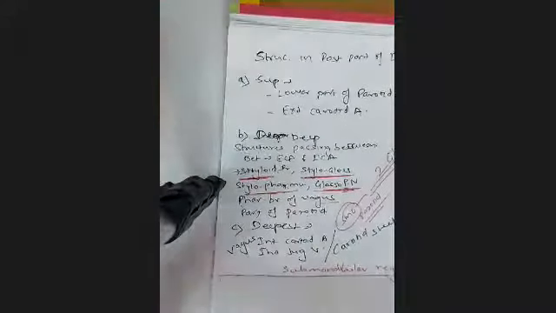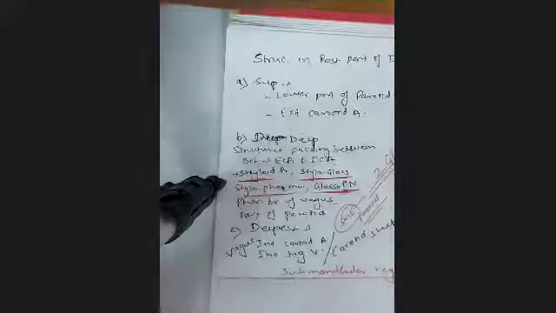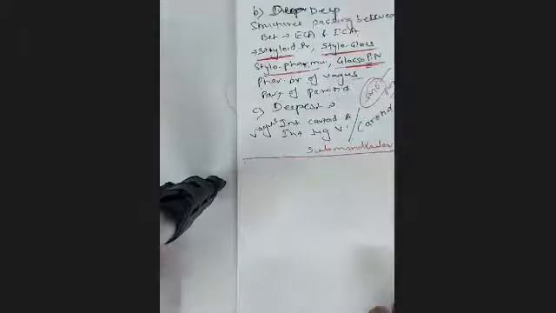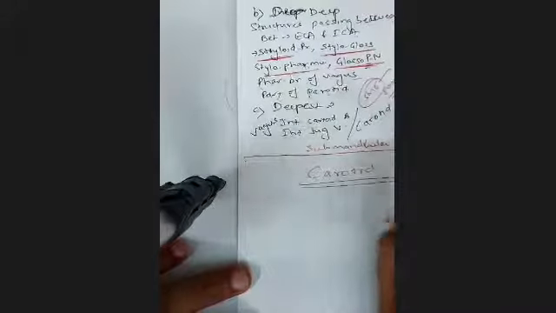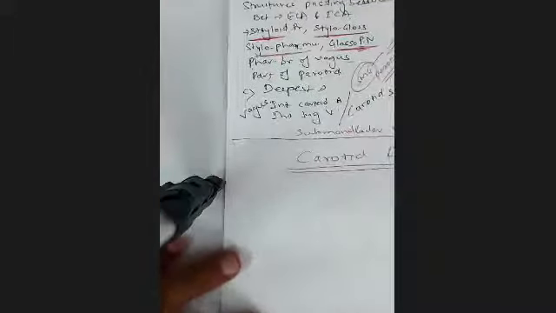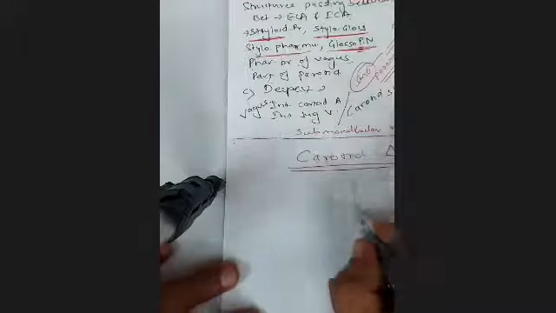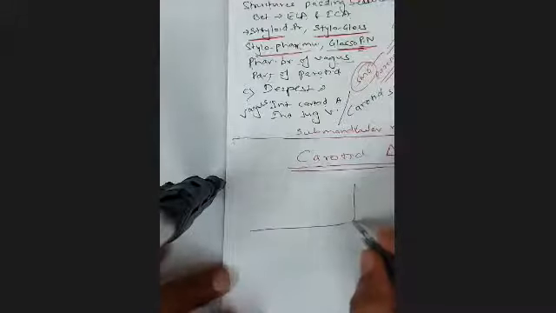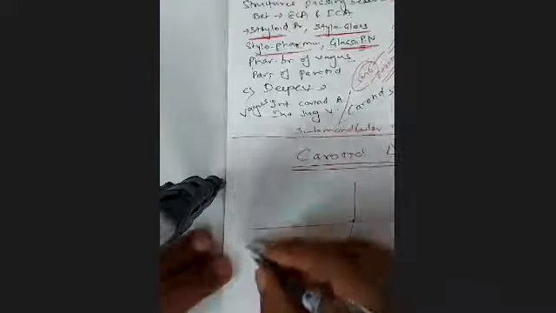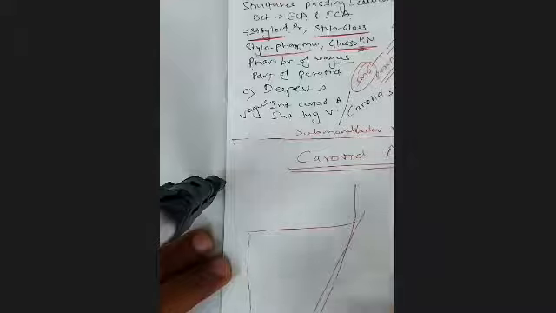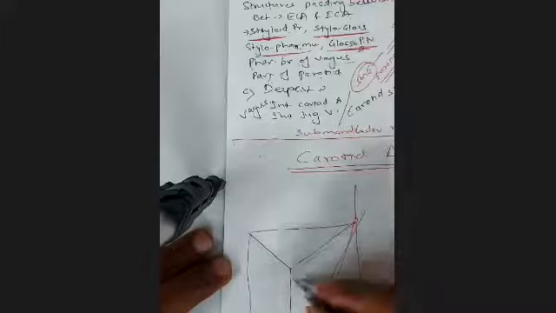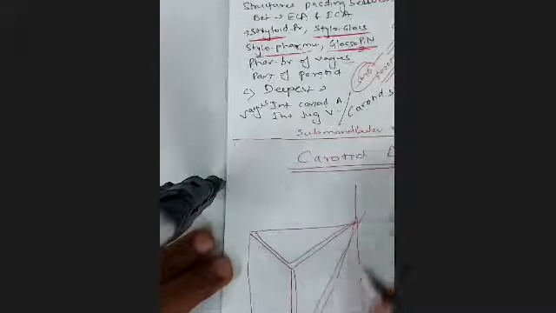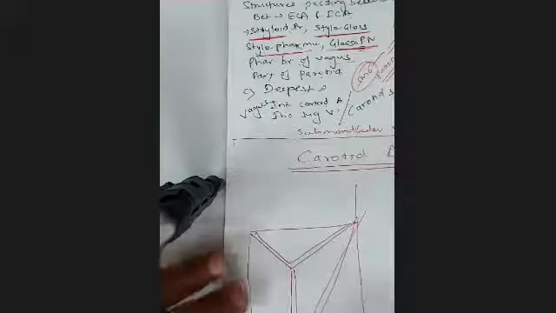Now moving on to the next, the carotid triangle. You already have a fair idea of it by now. This is the base of the mandible. This is the sternocleidomastoid. This is the anterior midline of the neck. This is the clavicle. This is the trapezius. This is the digastric. This is the omohyoid. Right? You have to practice this diagram. This is the carotid triangle.